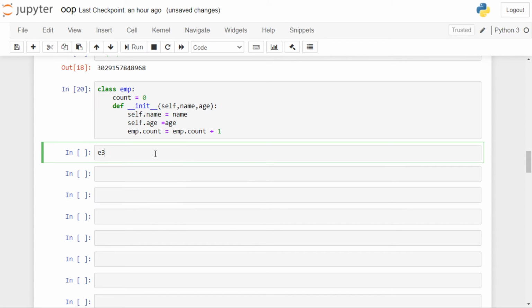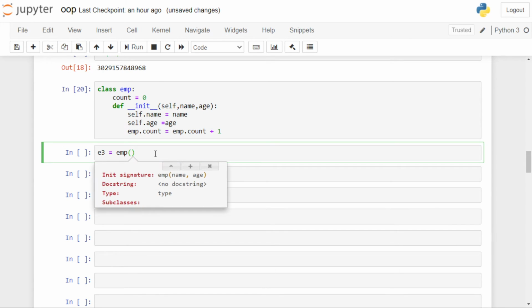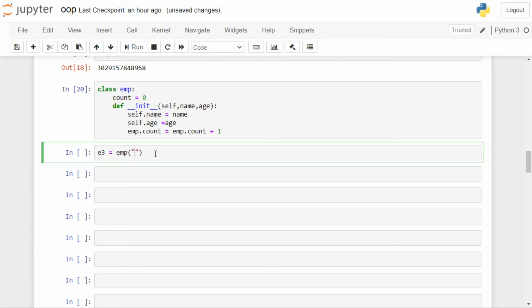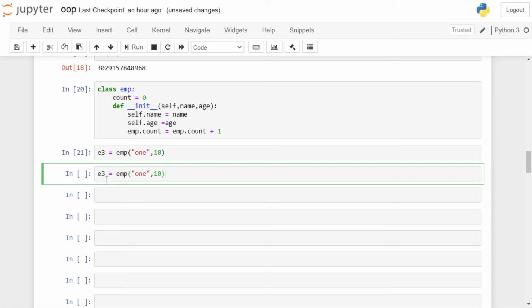First we create E3 is equal to emp. We pass the name as 1 and age as 10. This is the first object after the new updation of the class. Click on the cell, run the cell. Then we create the next object E4.